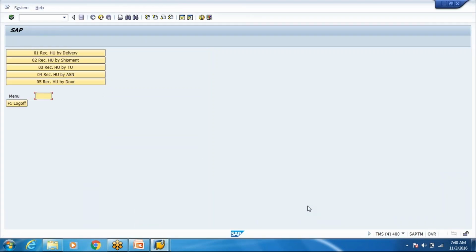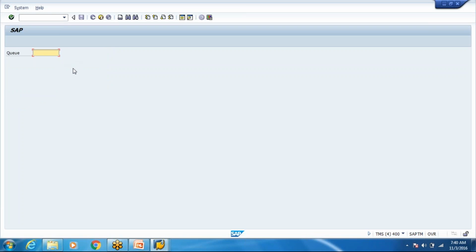Let's say I'm a user, I can see all these menus. Why do I need to see all these menus? I am a user only for inbound. I should only see inbound as my menu. Why should I see manual selection, outbound or internal? Because they are not related to me. For better control, the menus that you can see, you can control them. Or I just get this screen, system guided by queue. I should only get one transaction and should not see any other transaction. Some users, you give them a queue and this transaction, access to his user ID, and he can only access that particular queue.